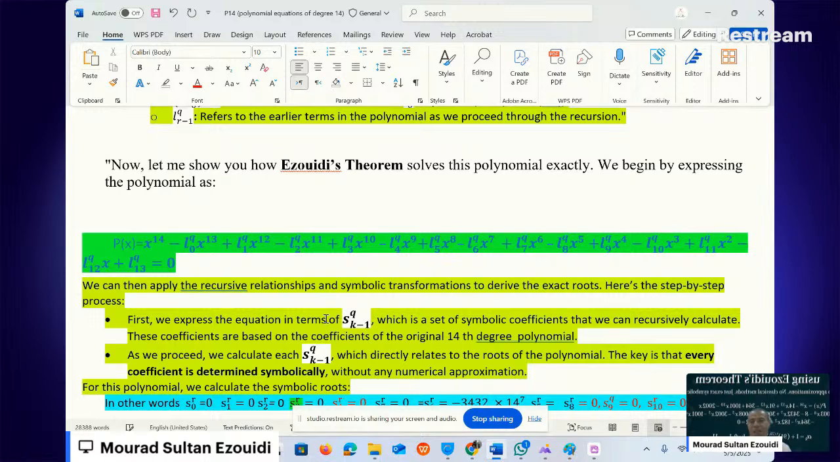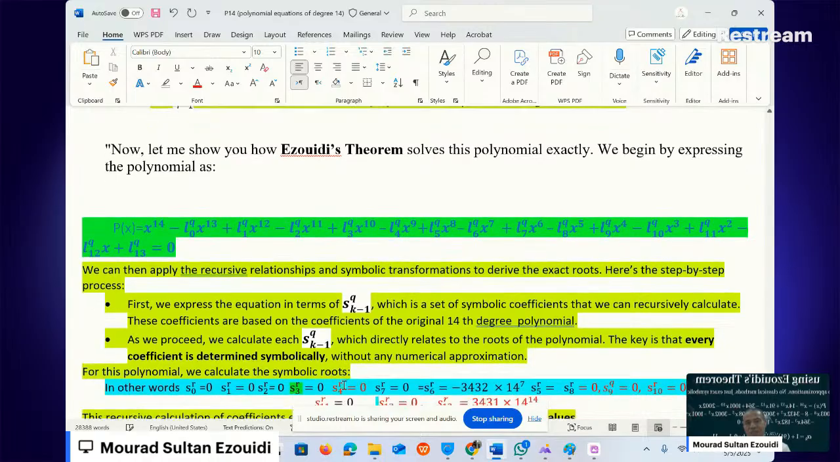The key here is that every coefficient sends a message. The key here is that every coefficient gives you a pathway, gives you a road where you should find this recursive relationship. So here we can say also each coefficient is determined symbolically without any numerical approximation. For this formula, for example, for this example,